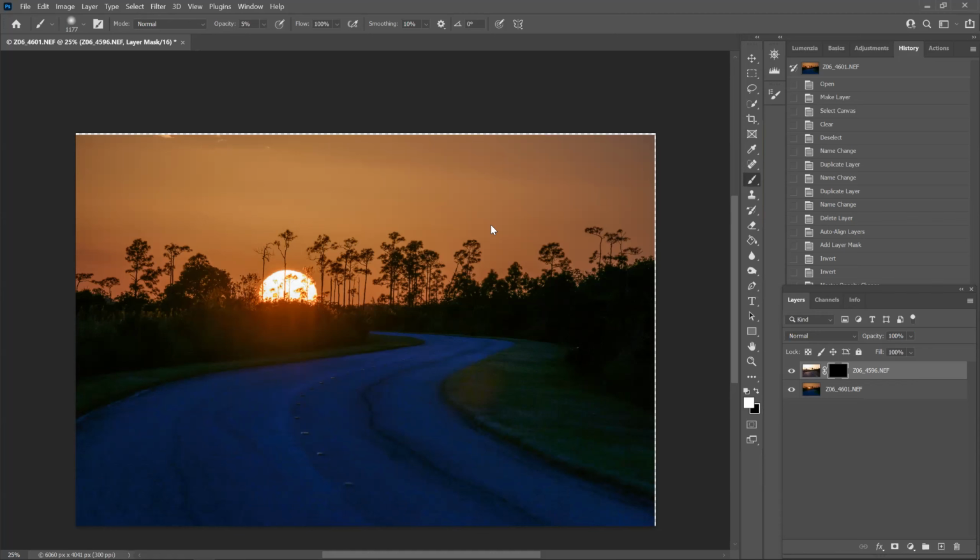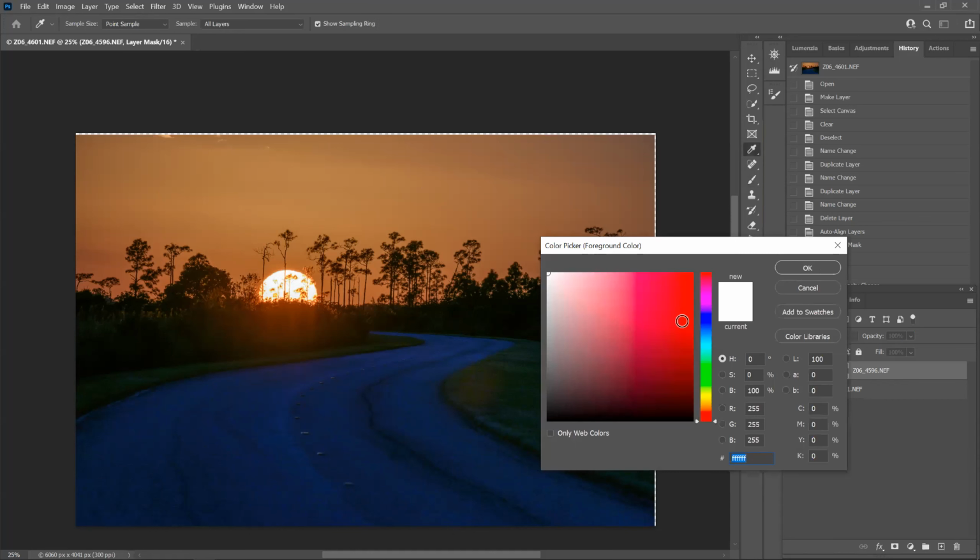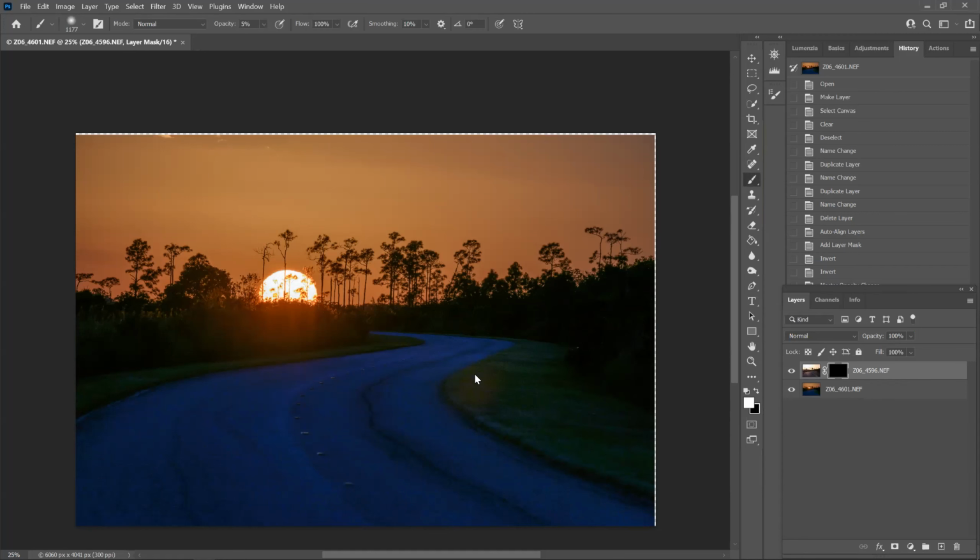This is exactly the sky I like, but I don't like this road. So I have black, and over here is our color picker. I know this is getting into some detail, but we are picking white. You can see the color is white. And I'm not painting white onto this image. I'm painting white onto the mask, which is going to color this black mask white at the bottom. Watch.